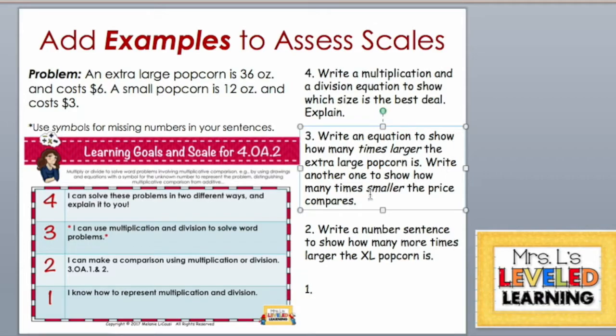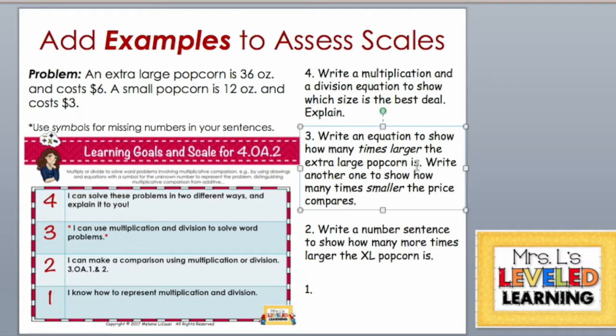Write another one to show how many times smaller, and then the kids have to do their own thinking again. Oh yeah, to compare smaller, I'm using division. To compare larger, I'm using multiplication. So you're already asking them to do more thinking, which is going to give you more information when you see